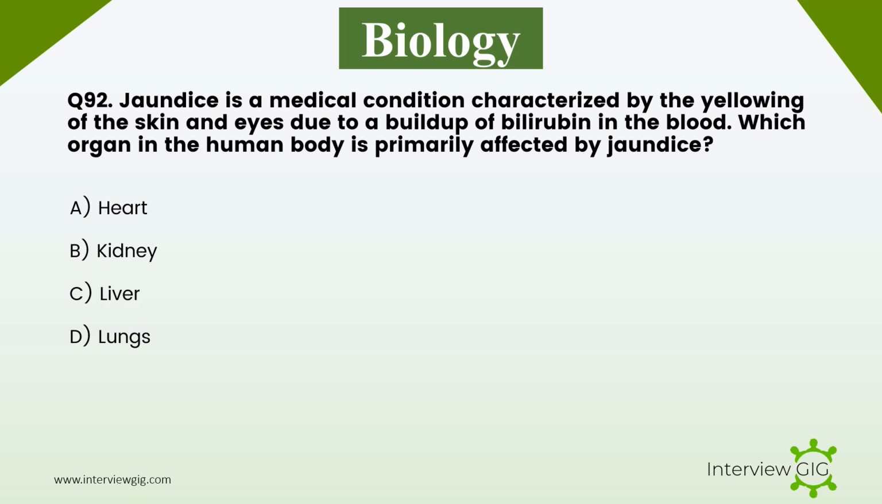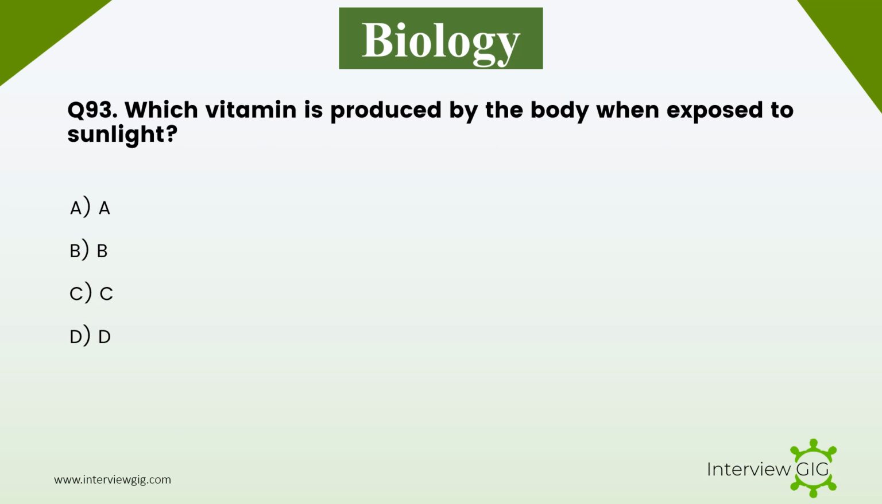buildup of bilirubin in the blood. Which organ in the human body is primarily affected by jaundice? A. Heart. B. Kidney. C. Liver. D. Lungs. Answer C. Liver. Next question. Vitamin D is unique among vitamins because it can be synthesized by the body when the skin